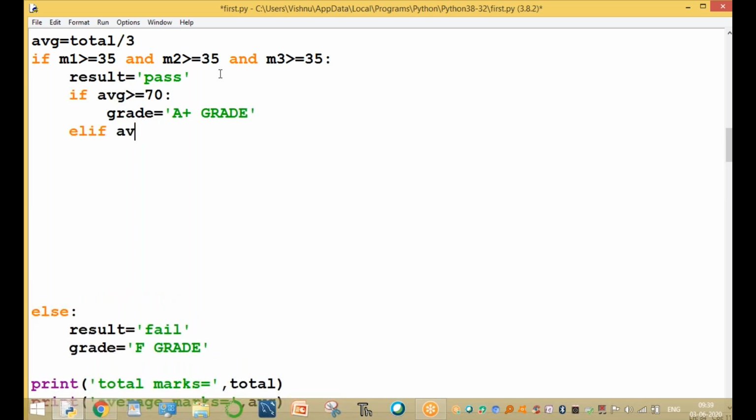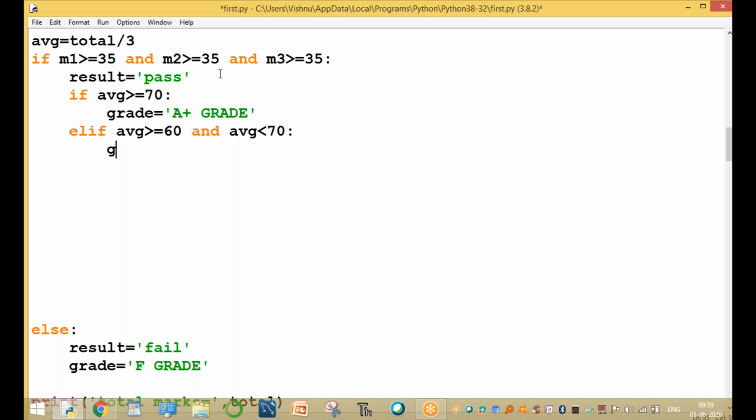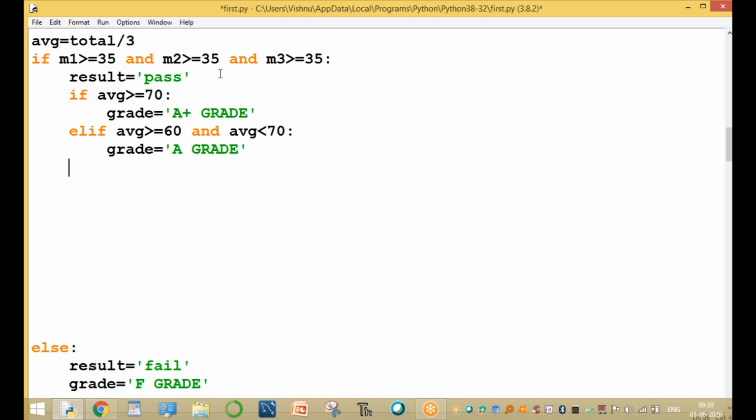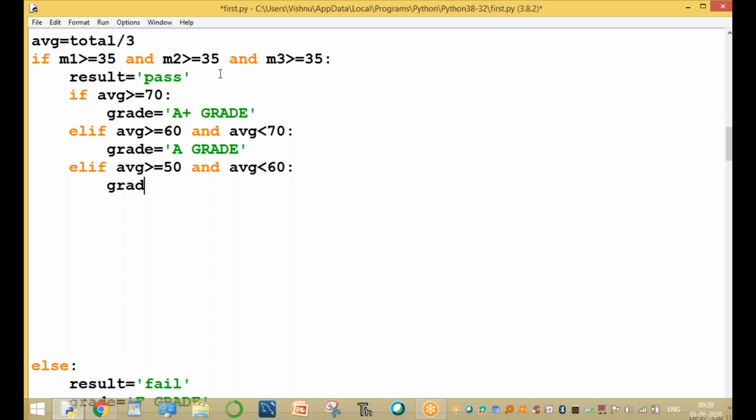Then using elif, average marks greater than or equal to 60 and average marks less than 70, grade equal to A grade. Again elif, average is greater than or equal to 50 and average is less than 60, your grade equal to B grade.